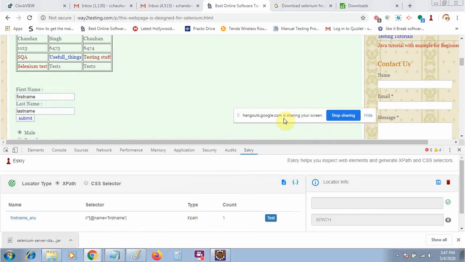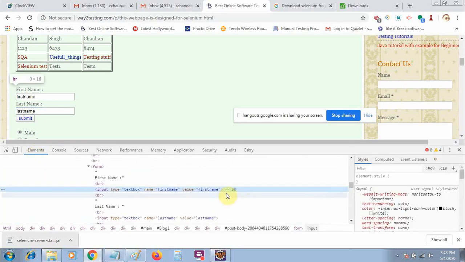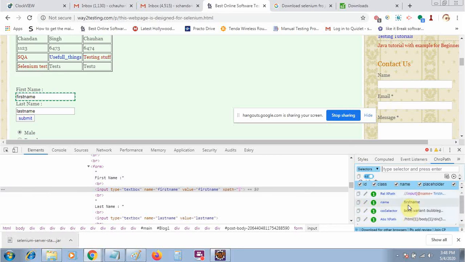If you check it properly, it has already generated your XPath, and for CSS you have to select this one. Then you can click on this one and go here. It will give you the CSS selector like this one. You will get all the XPath and CSS paths by using this. Now for example, if you are using ChroPath, then you have to go to ChroPath. ChroPath is more popular.